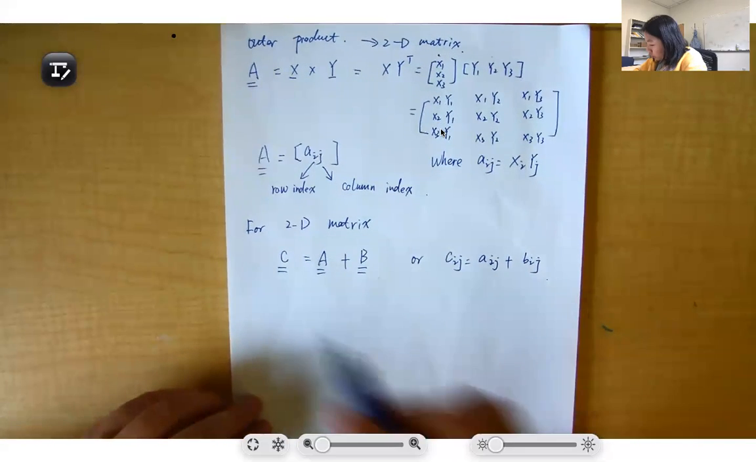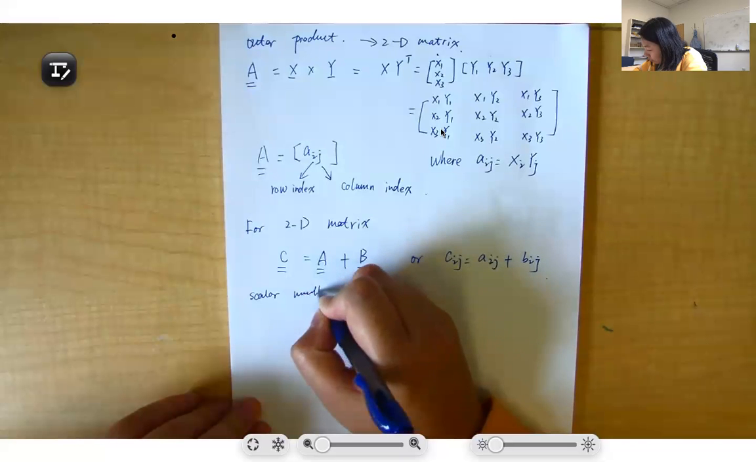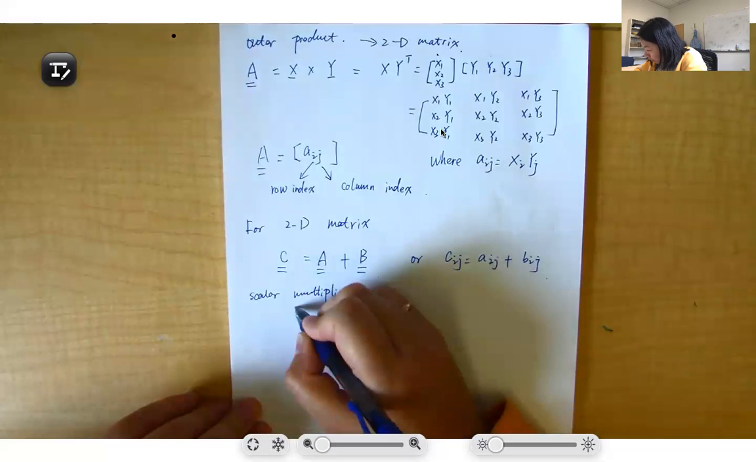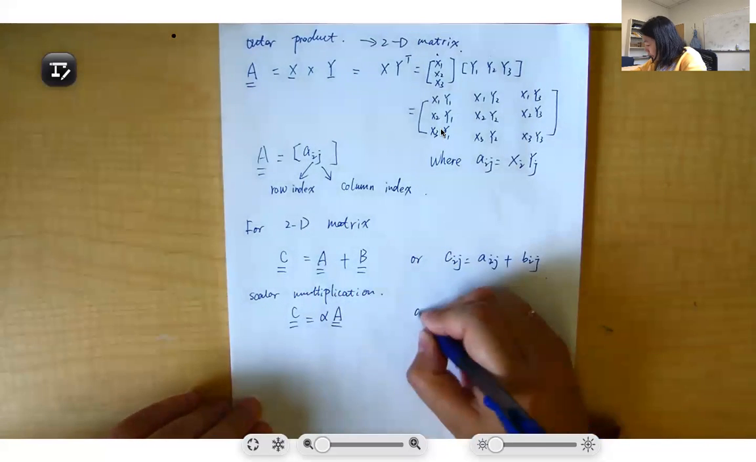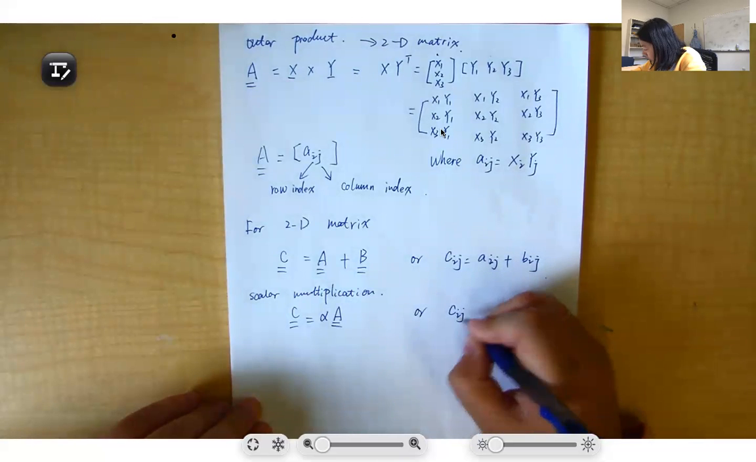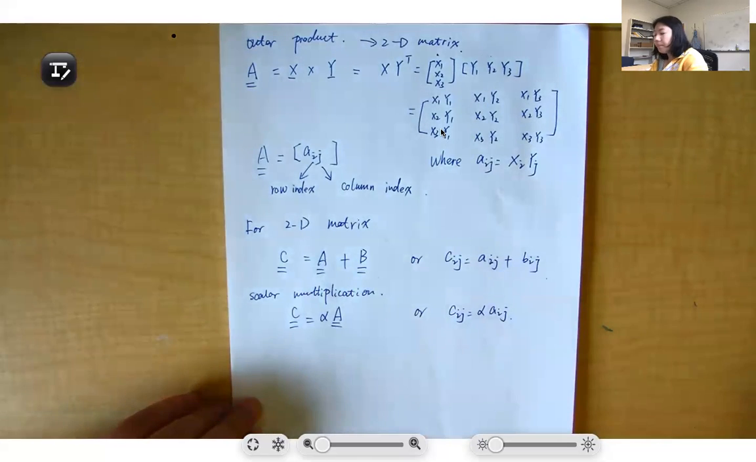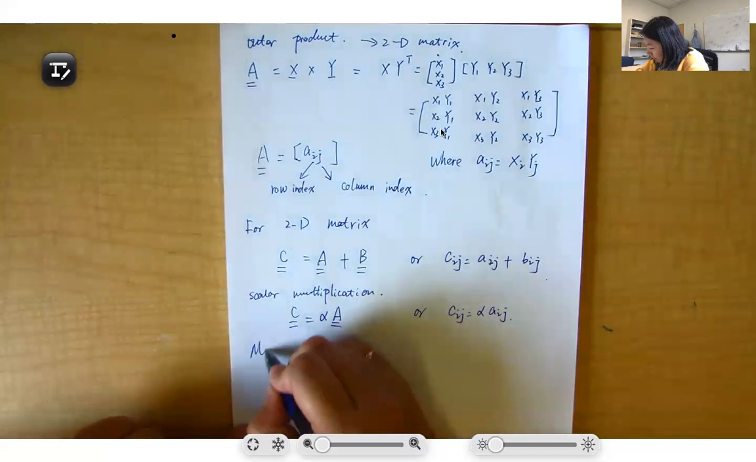You can also do scalar multiplication, where C will be equal to alpha A, or you can write as Cij equals alpha times Aij. Okay, very simple. For the matrices